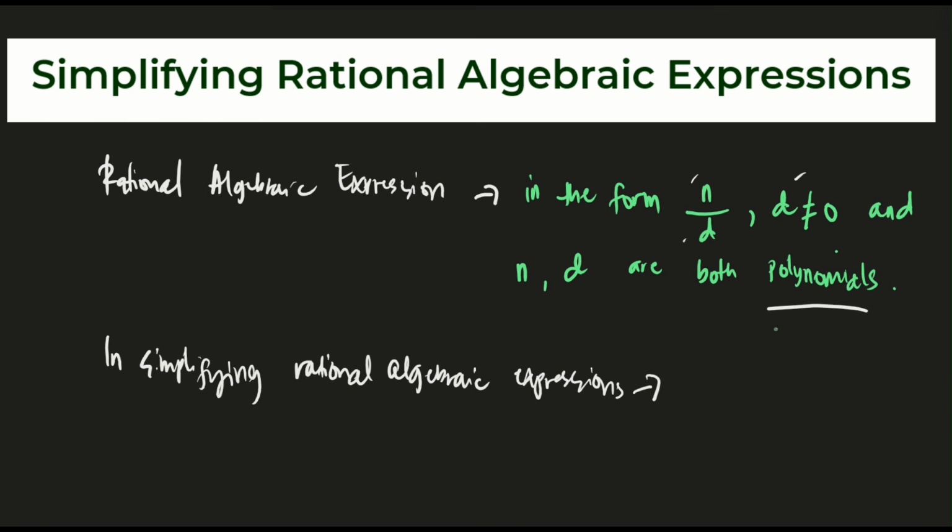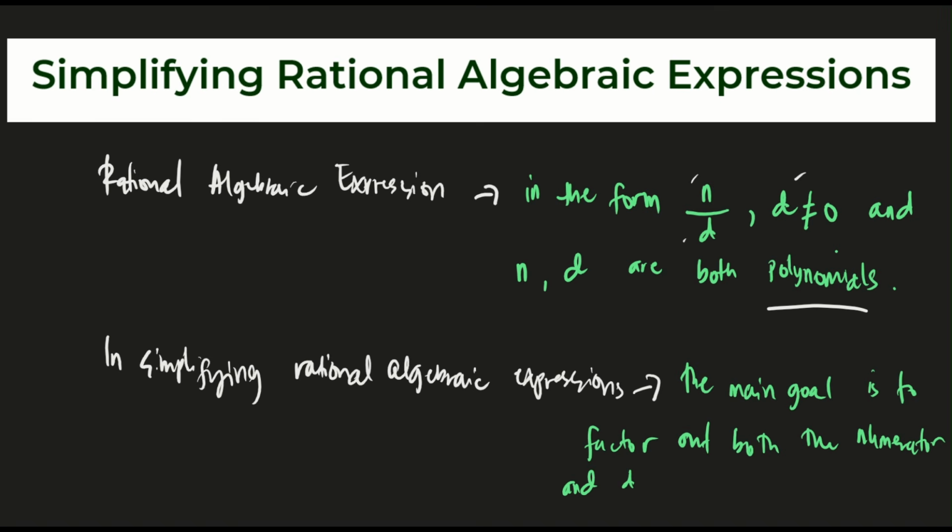Now, in simplifying rational algebraic expressions, the main goal is to factor out both the numerator and denominator, and then cancel out the common factor. Example,